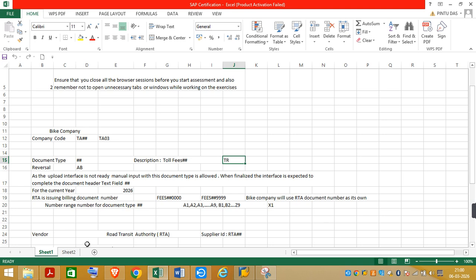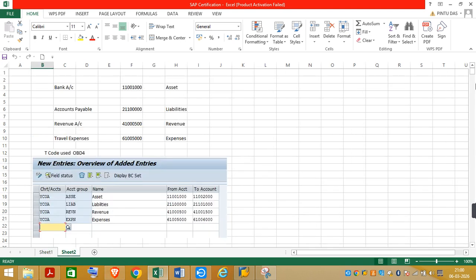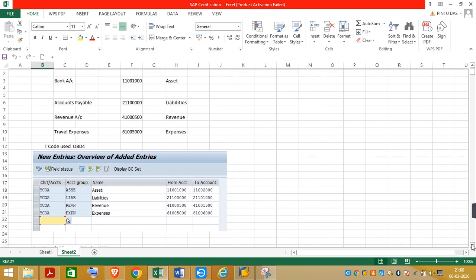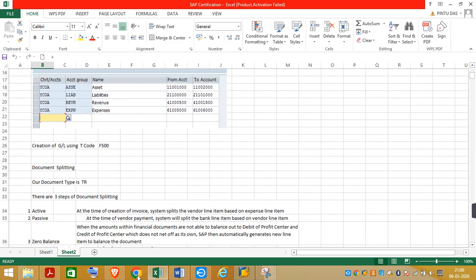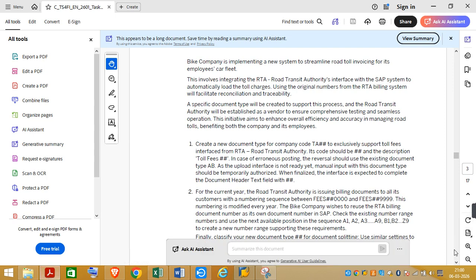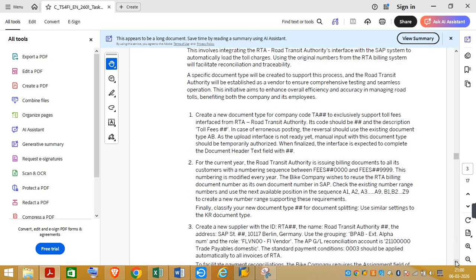After that, the GLs have already been created: accounts payable, and then the travel expenses. For this particular task we need 2 GLs, accounts payable and travel expenses. Now our second portion is document splitting. If we come to this document, we have to go for